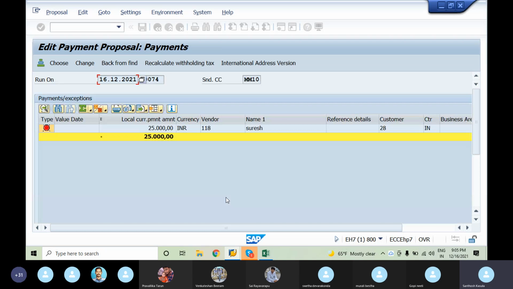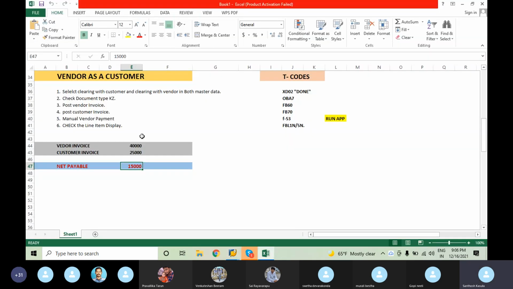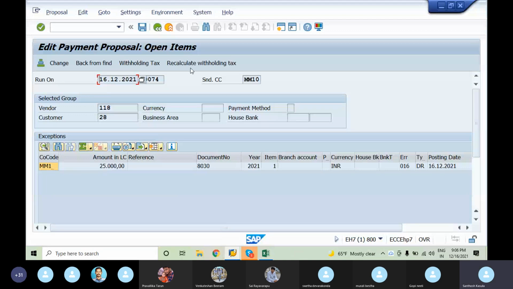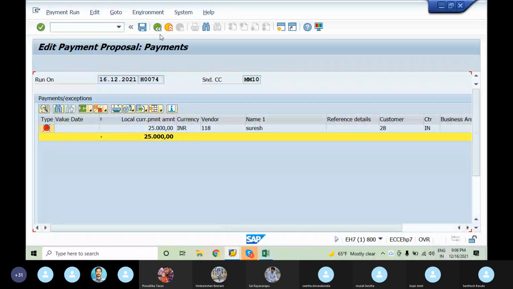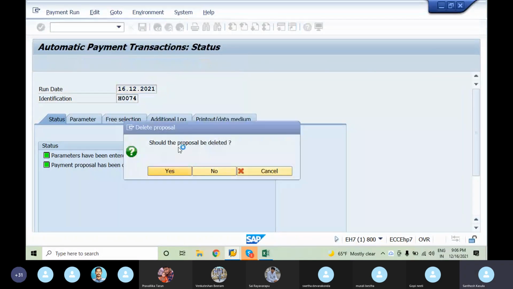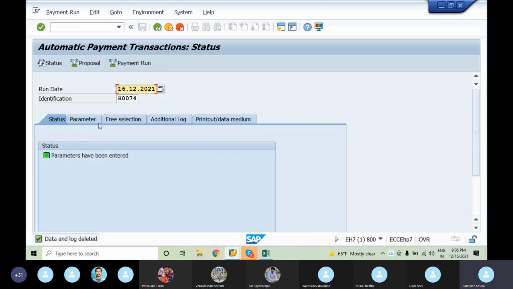Now we have an error here. One second. I'm deleting the proposal. The reason is that in parameters, I have to select even customer.